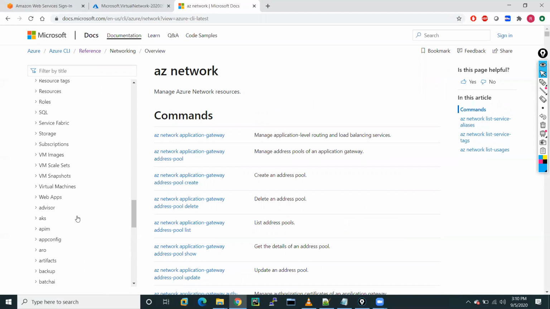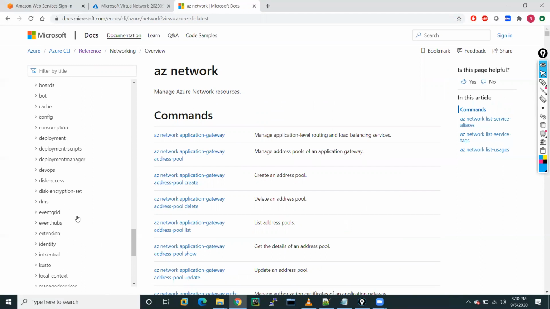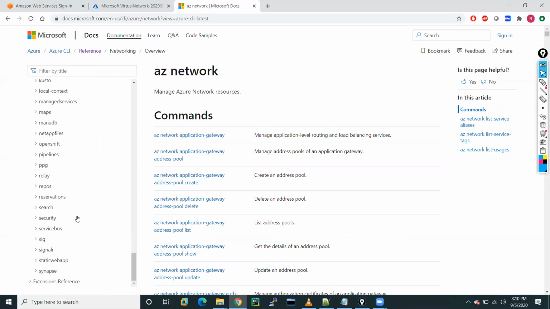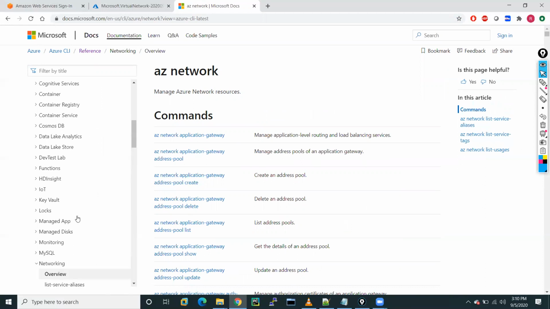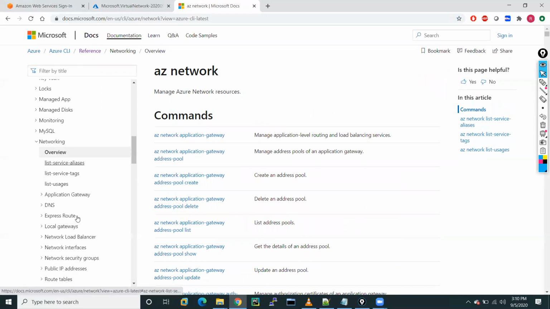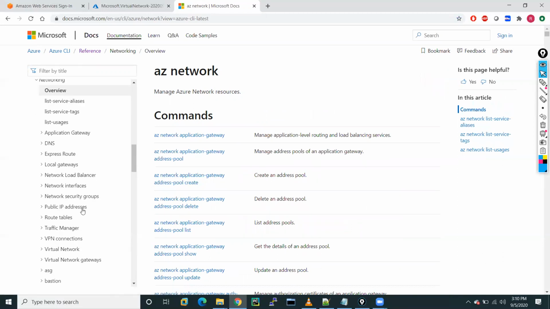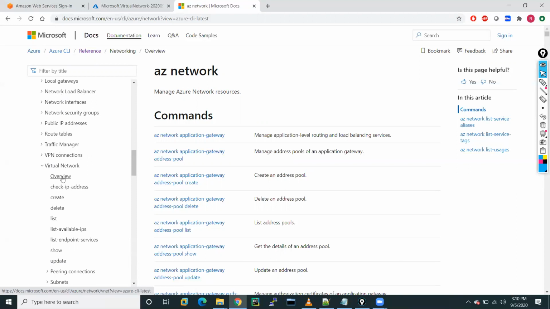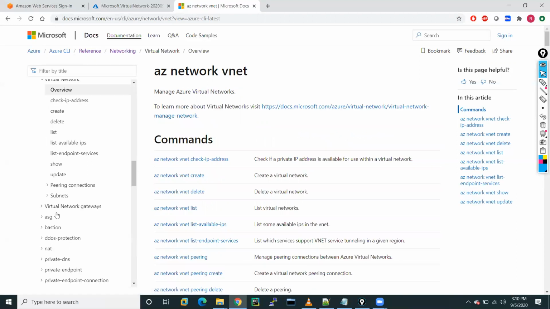You will get that option in the VNet fields, under networking: network interface, security groups, virtual network. Click on this one, then click on overview, or you can directly go into create.